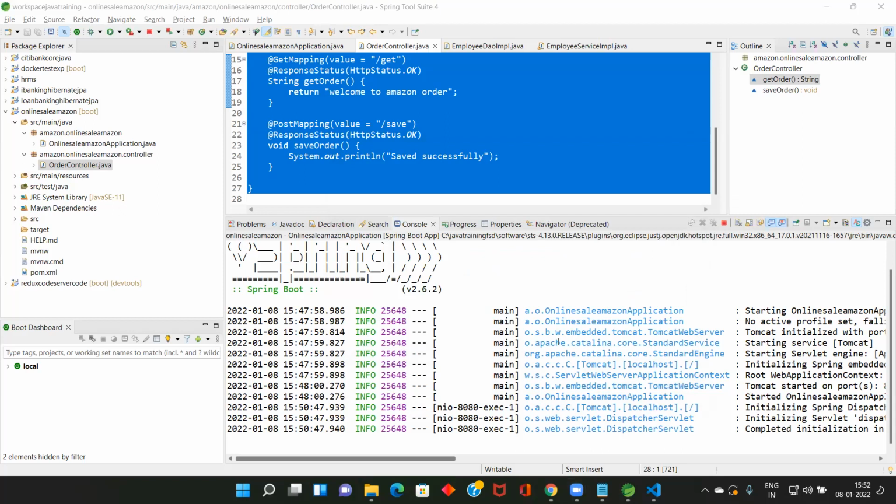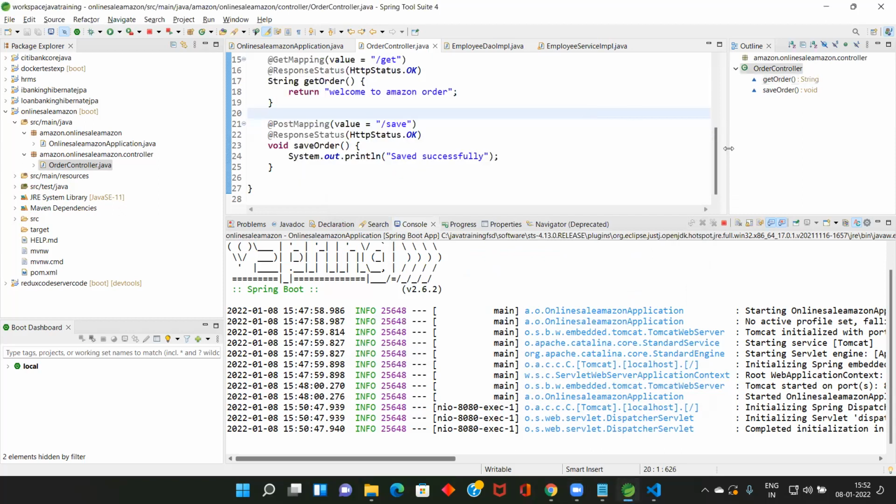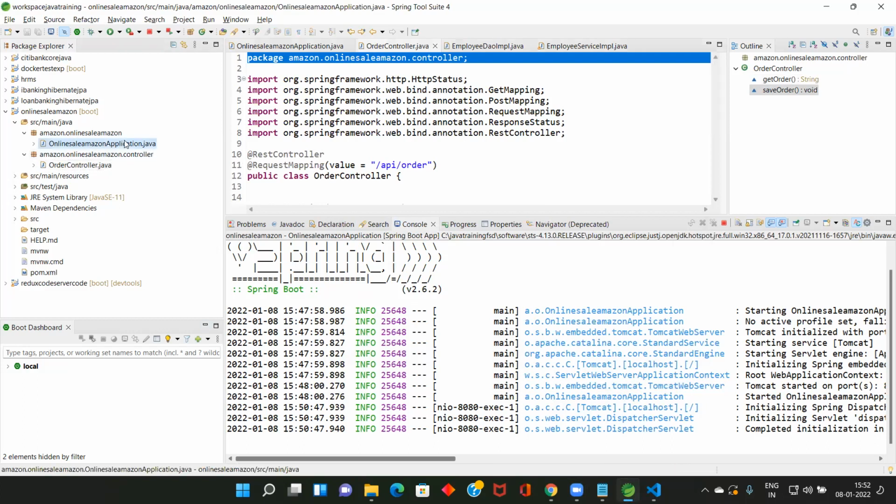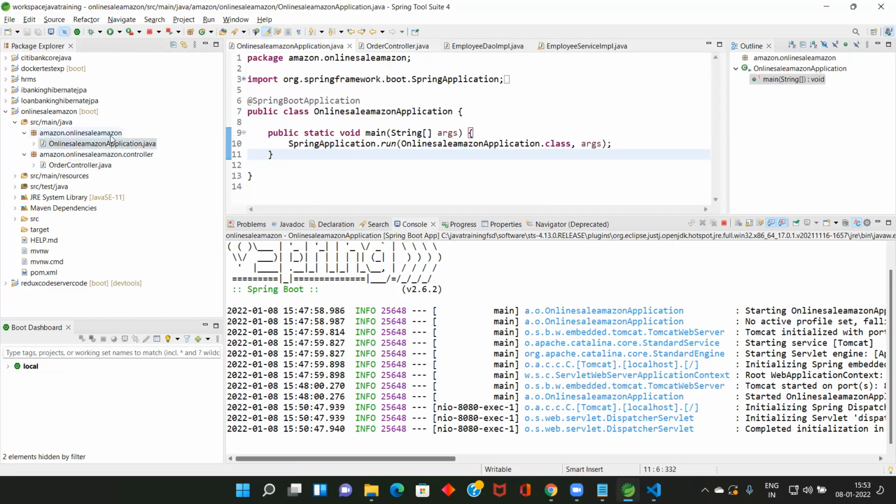So even I sent the Java program. So except package, I sent all the things. That does not contain the package. So this class should be under the package called Amazon online sale. Meaning, where is your Spring Boot application file? It should be under this package.